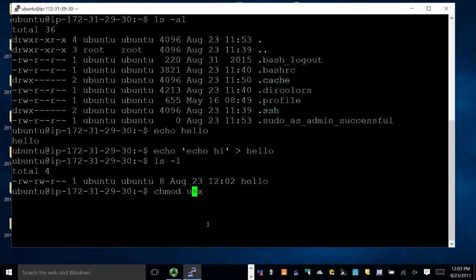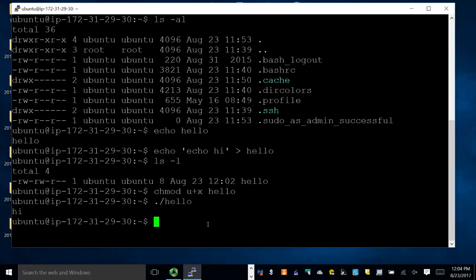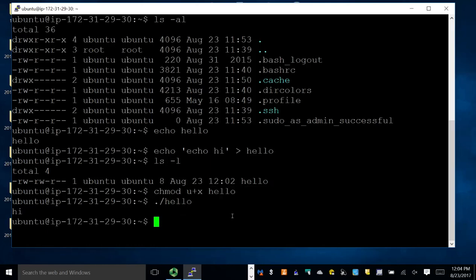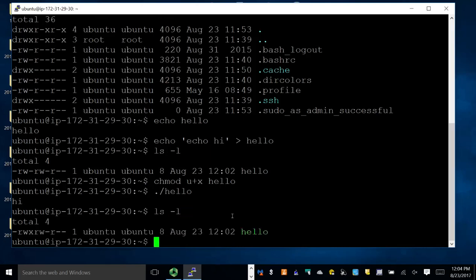There's also a funky numeric code for setting all these. I'm not going to go into it; you can look it up if you want. I might have messed this up. Oh no, there we go. Notice, to run a file that is executable in the directory you're in, you actually have to put ./